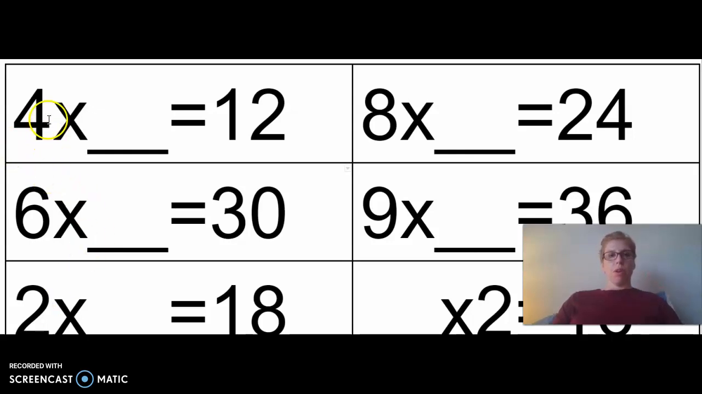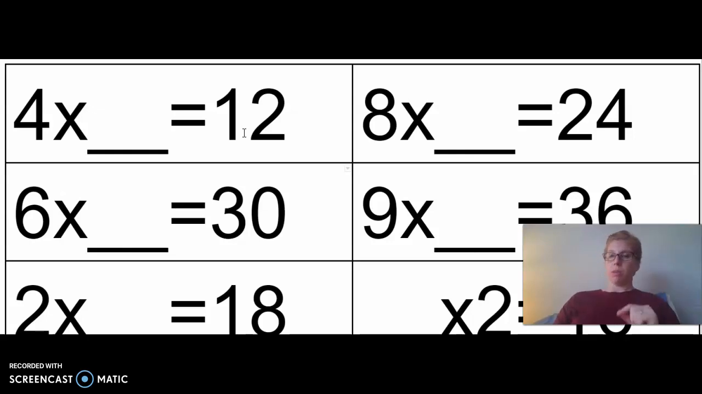For example, 4 times something equals 12. Well, ask yourself, 4 times what equals 12? The answer would be 3, right? It'd be 3. So in this stack of cards, you are looking for the math problem that says 3 times